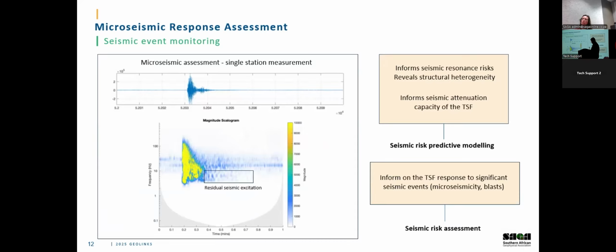But with this sort of a plot, this is 1 minute of data. It allows us to see the pre-excitation state and the relaxation back to that background state, and some idea of the residual seismic energy, how long it persists, or how quickly it attenuates. And that allows us to do an ongoing assessment also of the impact of blasting on the structure itself directly.